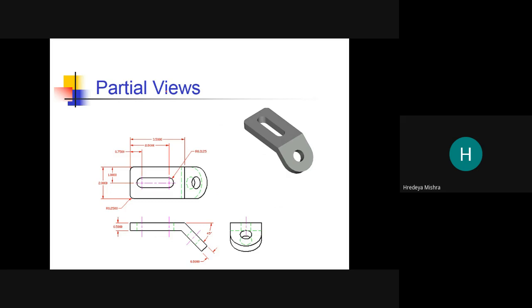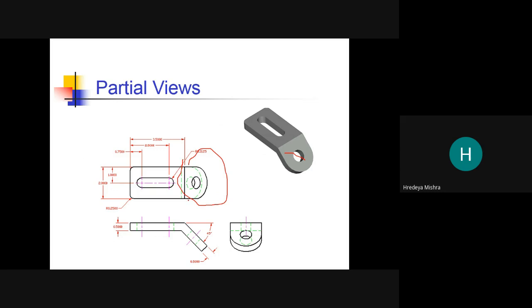Here we can observe that this is our inclined surface, and what is the view of this? We need only this surface, so we don't need to draw the projection.